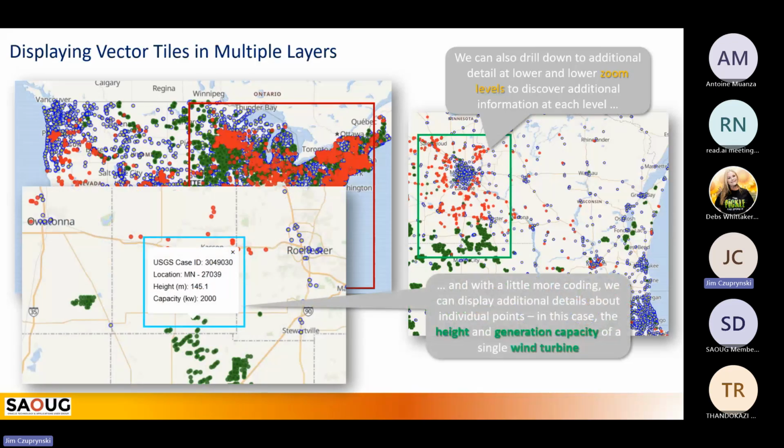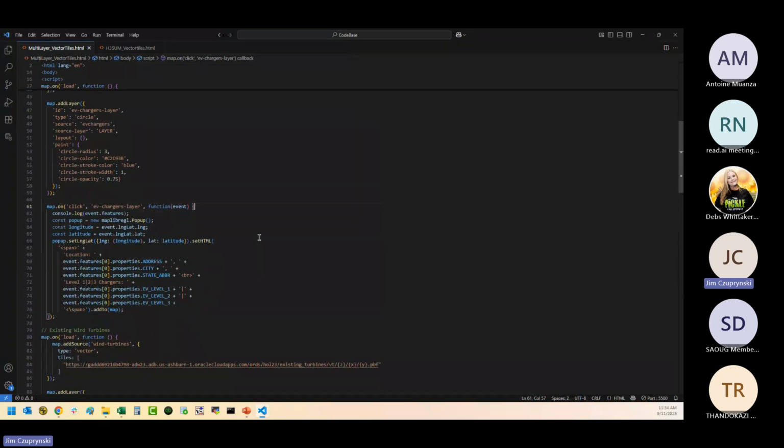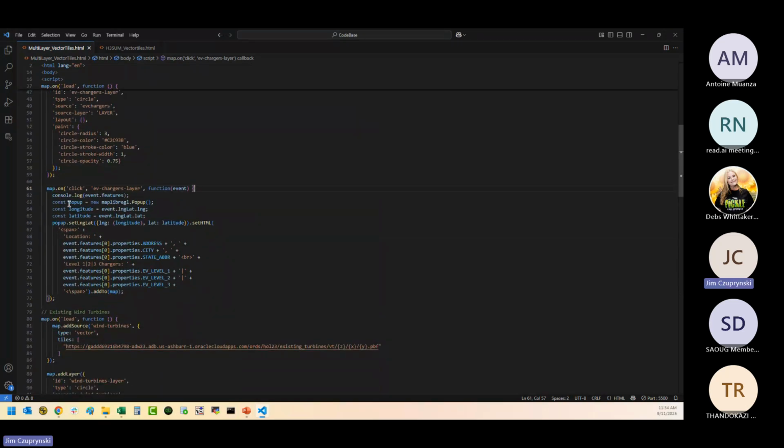And I actually showed you this, right? That if I mouse clicked on the different points, I can actually, if I coded for it, bring up other ancillary information related to that point. By the way, the code that actually does that right mouse button is right here. I'm basically saying on a pop-up event, based on the latitude and longitude, I would like you to look at what is at that point and pop up the address, the city, the state abbreviation, and the different EV levels. And just display that as a pop-up on the map. So again, this is using technology called MapGL.